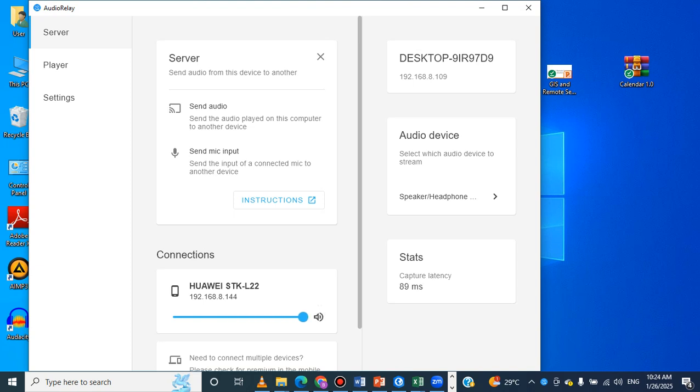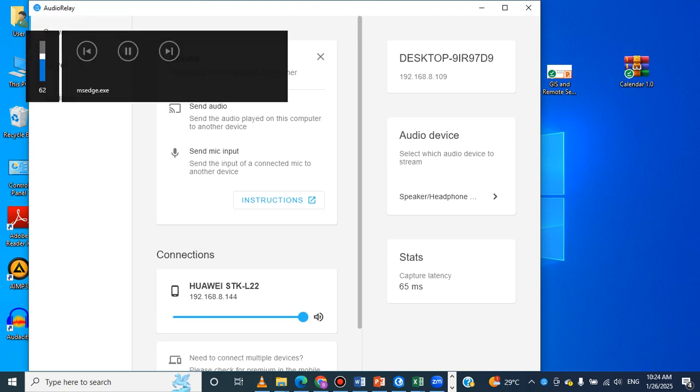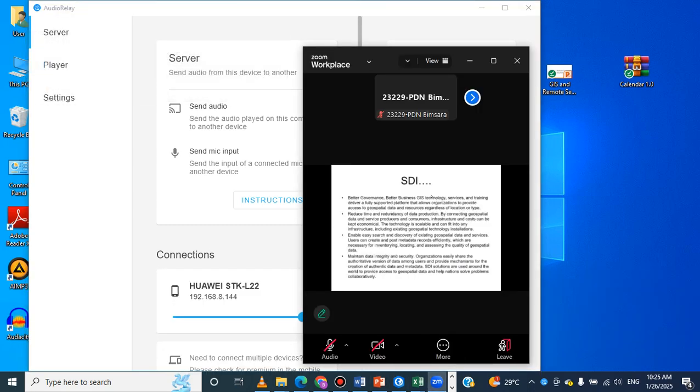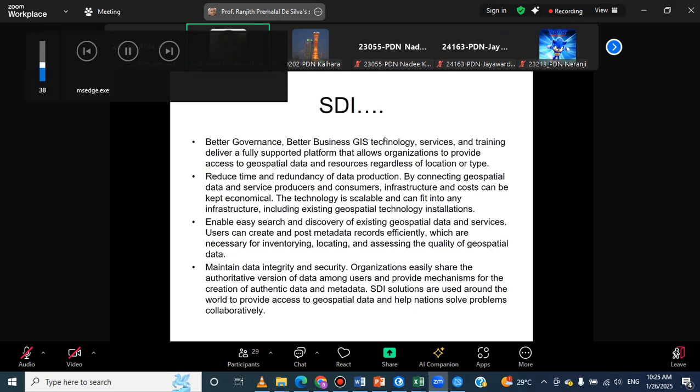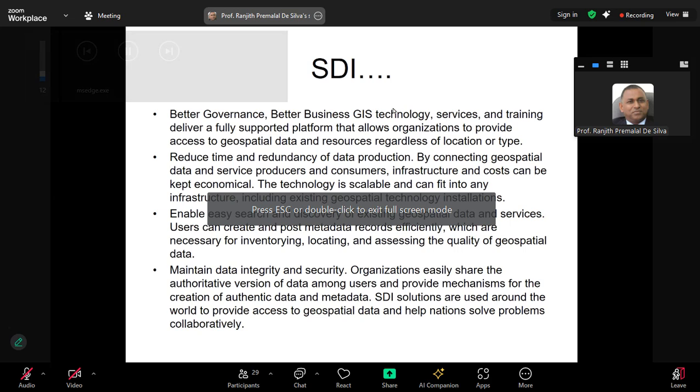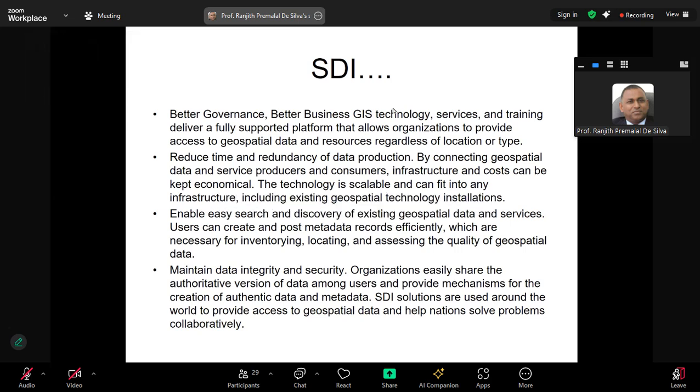Government doesn't want to manage it. Government doesn't want to collect data because spatial data is very voluminous. You cannot have very large servers at one place to keep all this data for the nation. So what we need is a collaborative effort. We need a number of agencies, a network, coming together and putting their data on the SDI so that others can see it. So it's a distributed type of approach,